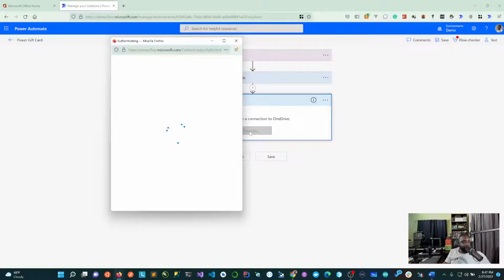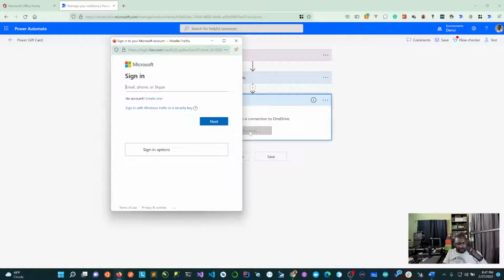Anyway, this is going to use OneDrive. We're going to give it the file path, where we want to store the file. We're going to give it a name, and then the file name. Because you're going to generate random stuff, I would just go ahead with using kind of like